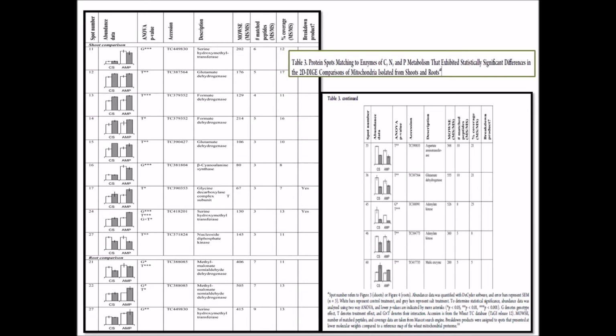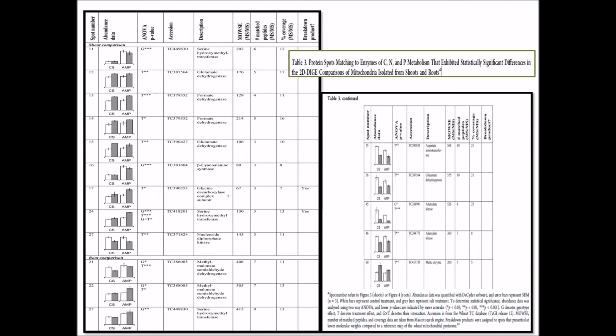The tables thus show the significant differences according to treatment effect, that is P less than 0.05, were evident in 55 mitochondrial protein spots deemed significant by the root comparison, but only 15 mitochondrial protein spots deemed significant